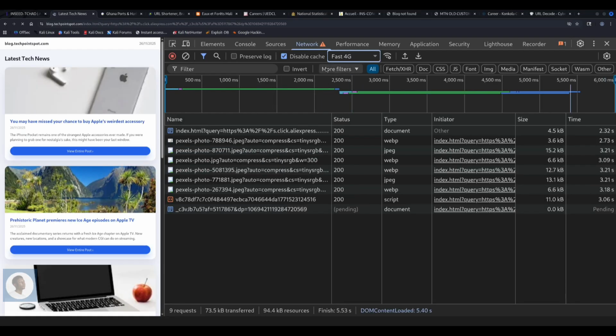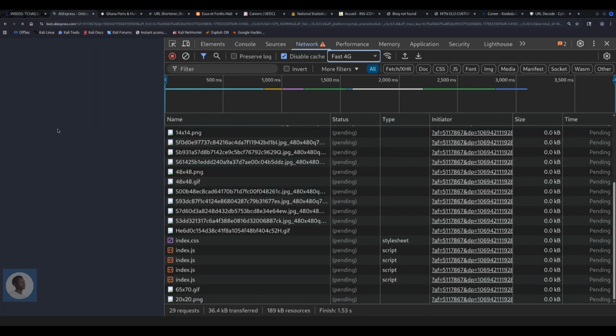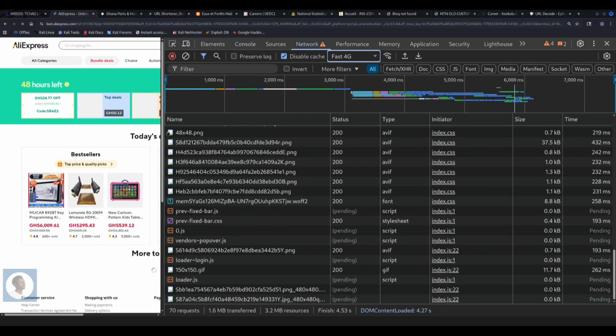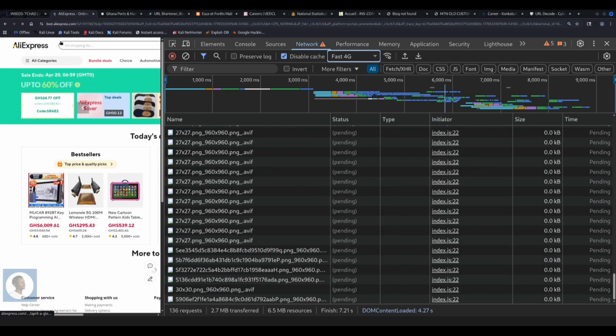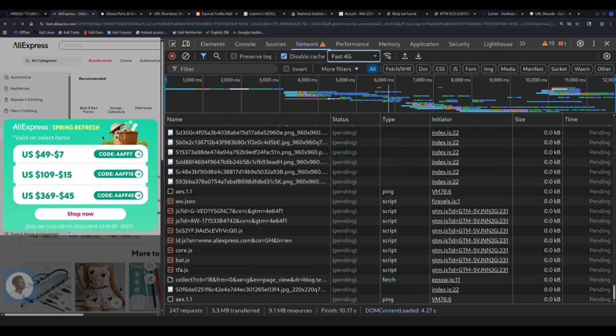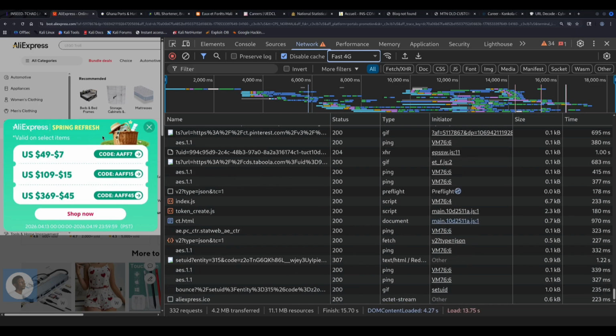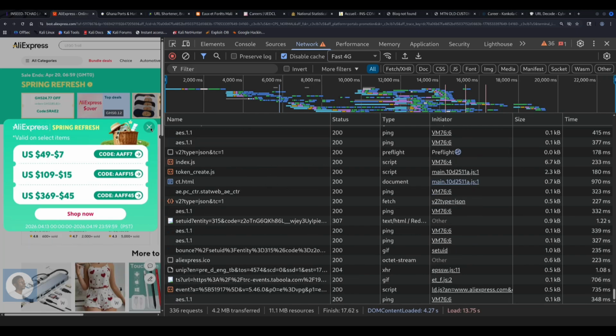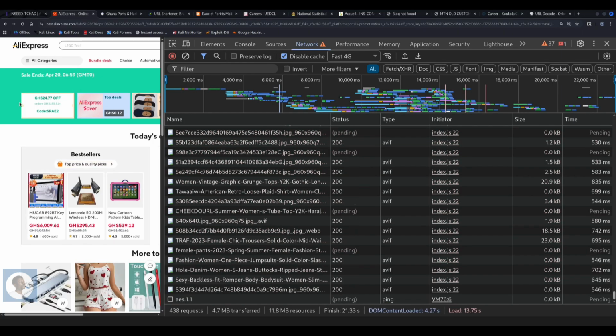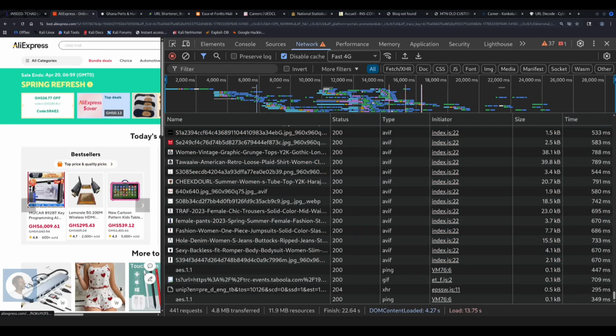Let me make this so you can see where I was redirected to. You can see that it has also changed again. Right now I'm in AliExpress. But based on the data they collected from me, or based on the fingerprinting that was done, this is what I was redirected to for the specific path page.